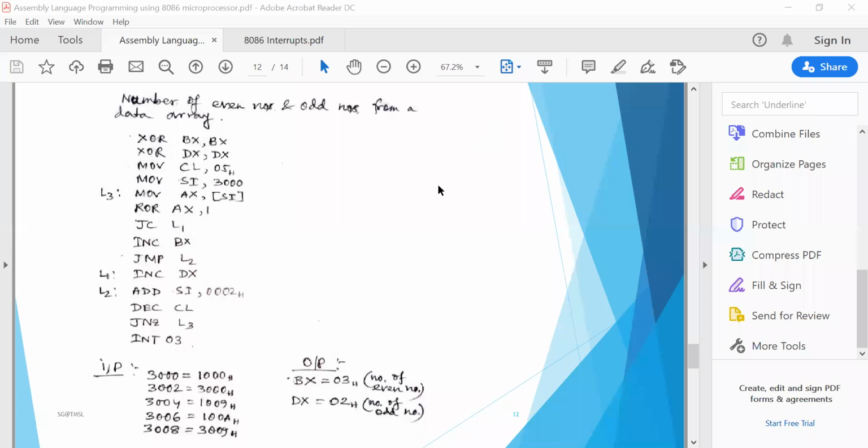So this is the program to find out how many even numbers and how many odd numbers are there. The number of even numbers must be calculated from this program, from this logic. How many even numbers are there, how many odd numbers are there, okay? It is not asking to find a particular even number or a particular odd number. In this program you have to find out how many even numbers and how many odd numbers are there. So the number of even numbers must be stored in some